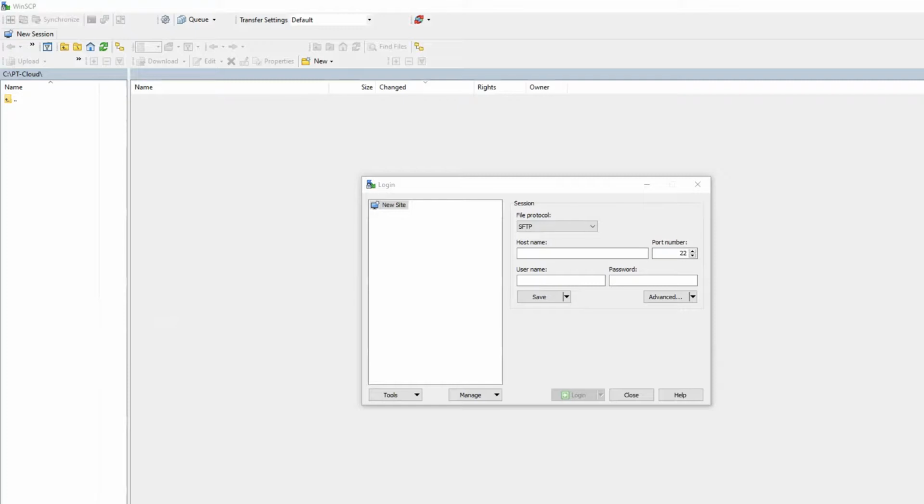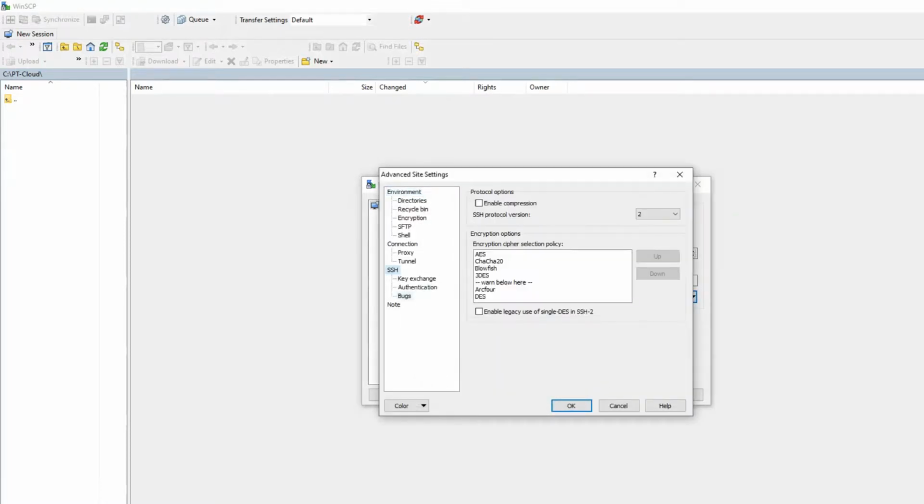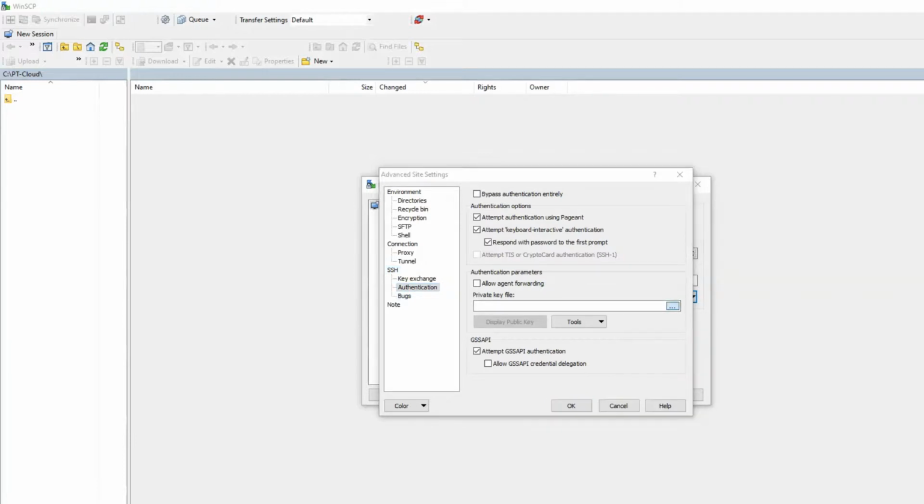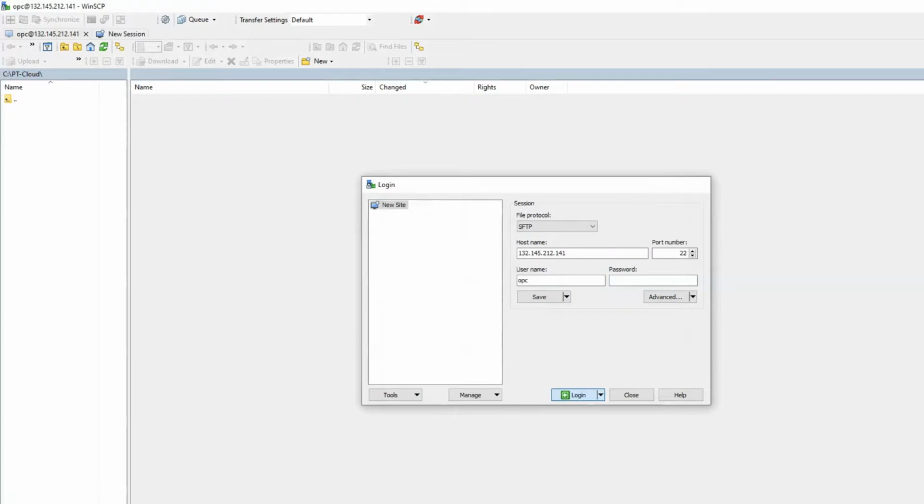Let's say you don't have the latest PeopleTools client installed on your machine. Let me show you how to install from scratch. The very first step is to log in to our compute instance through SSH and download the installation files. You need to paste the public IP of your compute instance. We will use the default user OPC to log in. Click on Advanced. We are going to authenticate using SSH and our private key, and I will select the private key. Click OK. Then I will log in.